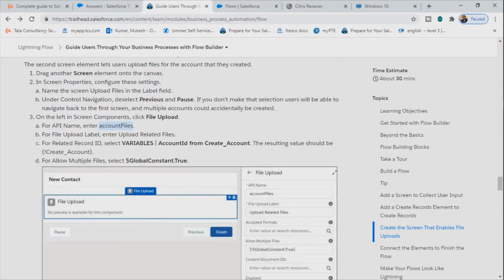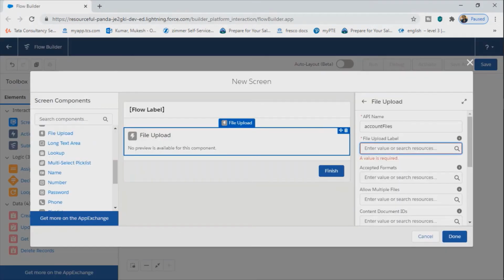In API we will name it as account files, and then